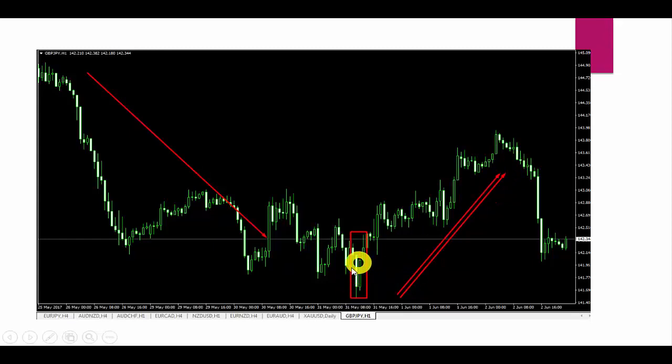Once again I will repeat its conditions. We will find this type of candlestick pattern after a strong downward trend. The second candle should close above the midpoint of the bearish candle, and the third candle should close above the entire body of the first candle. Okay, and then the market will go up. This lowest point would be our stop loss, and we will adjust our take profit with a 1:2 ratio minimum.